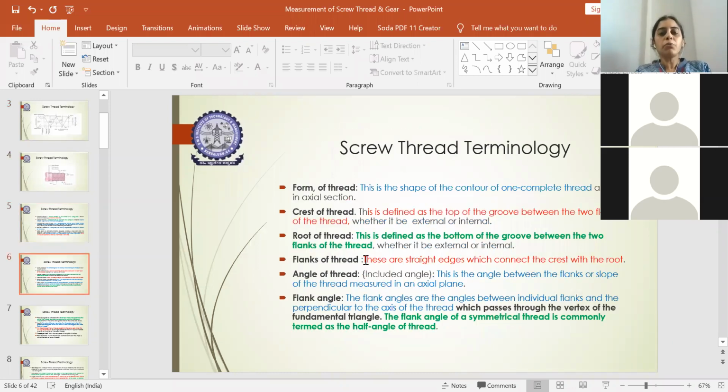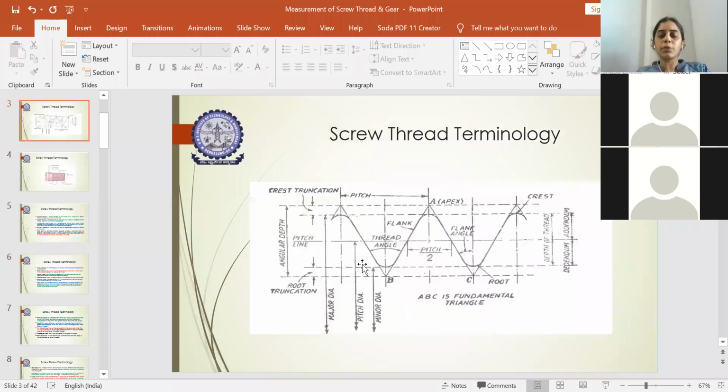Next, you should know what you mean by flank of threads. Flanks of threads are nothing but the straight edges. I explained already, these are the straight edges which connect the crest as well as the